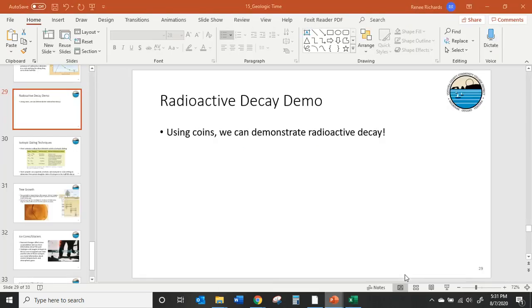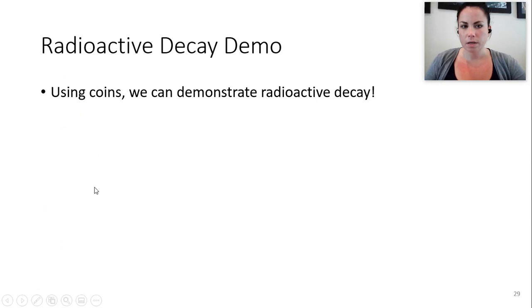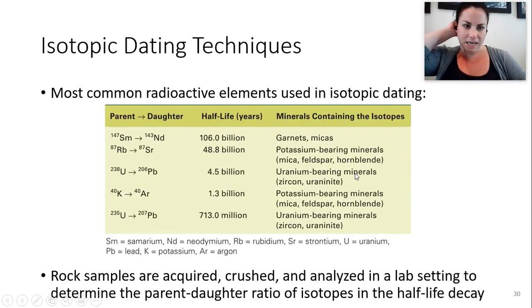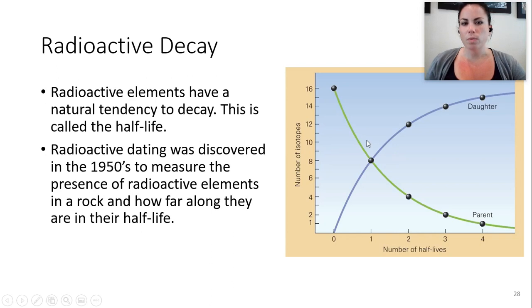So let's go back to lecture. And so when we talk about isotopic dating techniques, this is where we use it for most common radioactive elements. So this chart shows the parent and daughter. So I guess I didn't explain this very well. When we have